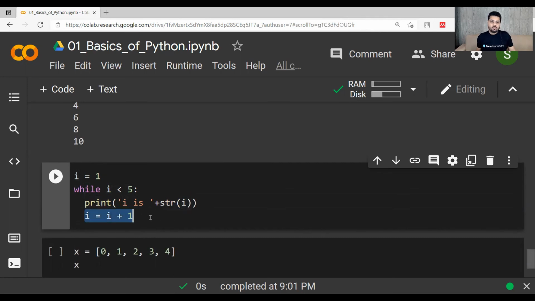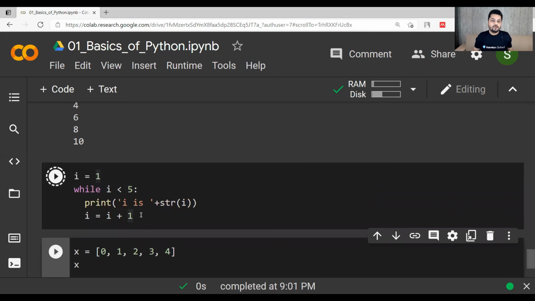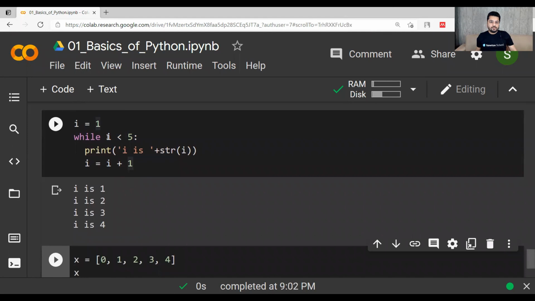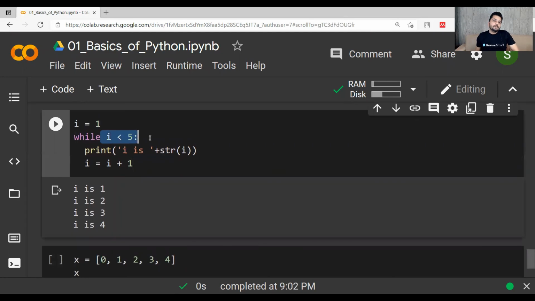Okay, so I equal to 2 now. After this, when the while will be checked, that looping means it will go back to the condition. So 2 is less than 5, right? So I is 2 will be printed. Again I is 3 will be printed, I is 4 will be printed, but I is 5 will not be printed. Why? Because I less than 5, when I is equal to 5, will be false. That's why only up to 4 are being printed.